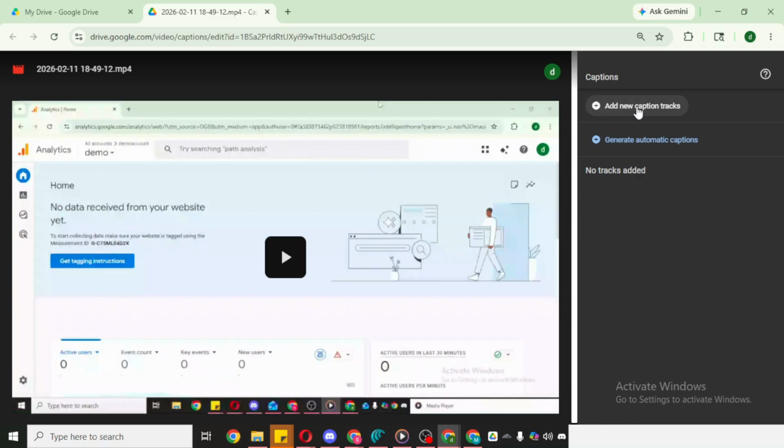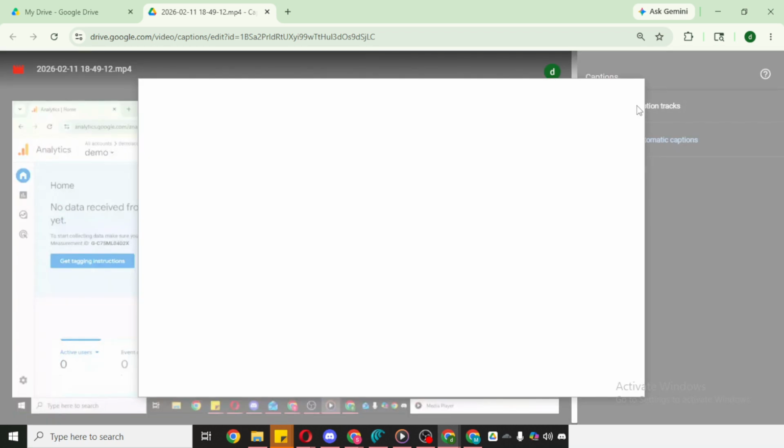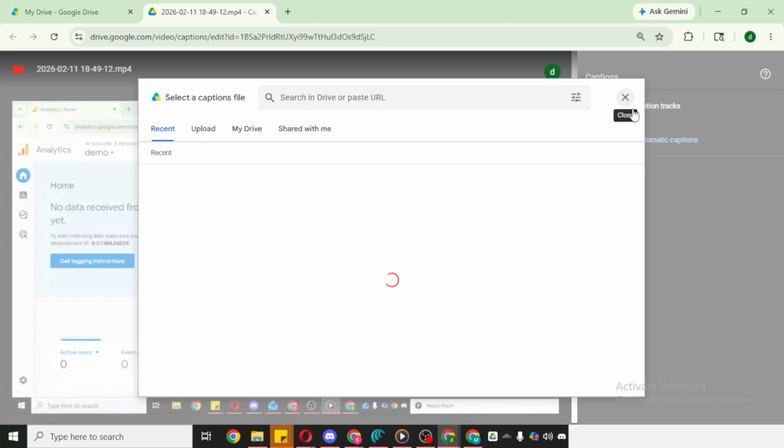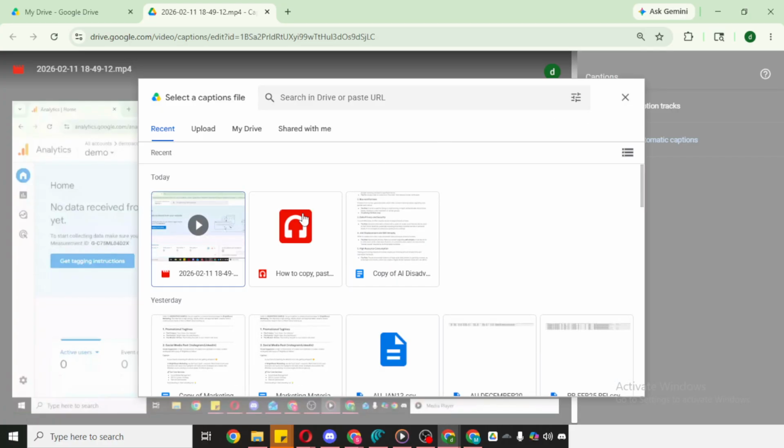You'll typically be asked to pick a language for the track, and you may have the option to give it a name. Select the correct language so viewers can find the right captions, and use a clear label if you're naming multiple tracks, such as English or Spanish. After you've selected the file and language, confirm to upload or save. The upload may take a moment, especially for longer videos. Once the caption track is added, it becomes available whenever the video is played in Google Drive's built-in player.